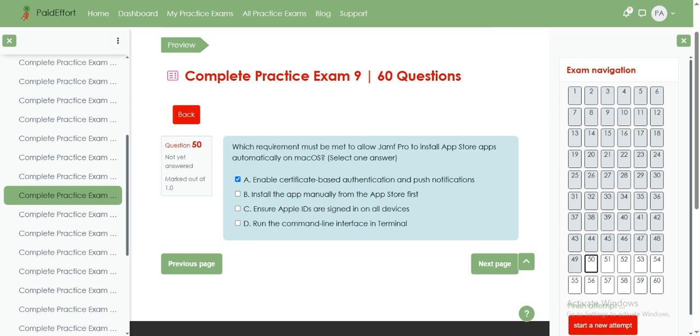Now let's explain. To automatically install App Store apps on macOS through Jamf Pro, certificate-based authentication and push notifications must be enabled. These two settings establish trust and allow Jamf Pro to securely communicate with and manage devices through Apple's MDM protocol. In contrast, manually installing apps from the App Store bypasses Jamf Pro entirely, making it irrelevant to automated